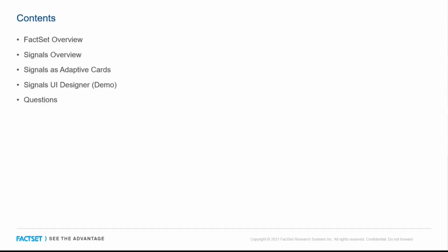So first, I'm just going to give you guys a brief overview of our company. Then I'm going to dive into a little overview of Signals, which is the project that we work on specifically. We want to talk about why adaptive cards is perfect for our use case and why we chose to go that route. And then we want to provide some examples of some cool stuff that we've built out